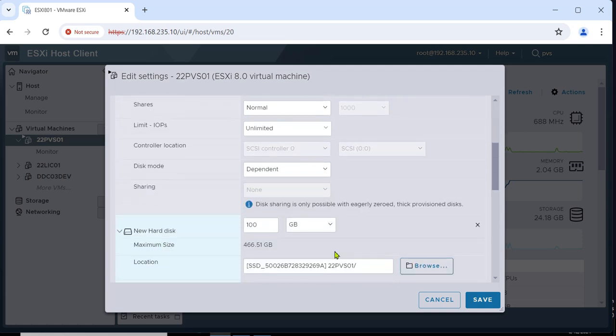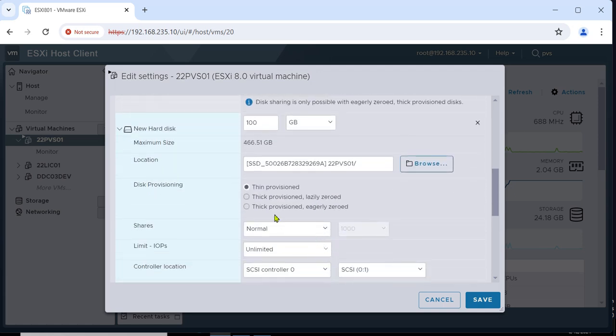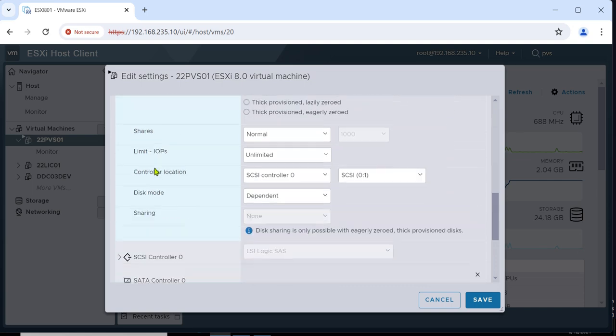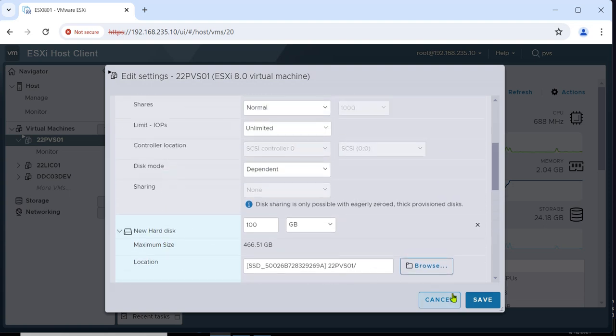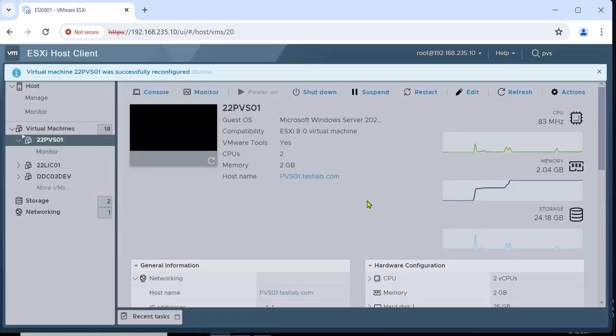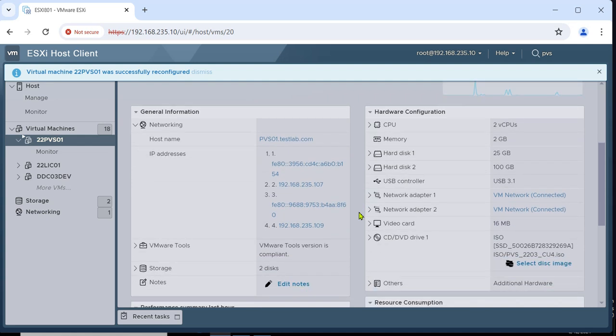Thin provisioned. Okay, looks good. Just go with save. Now we have 2 disks,